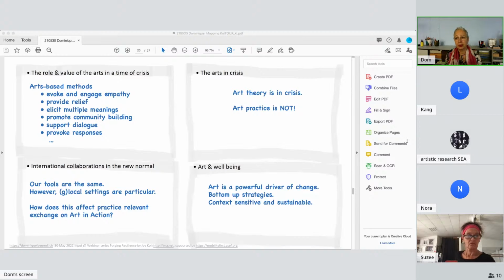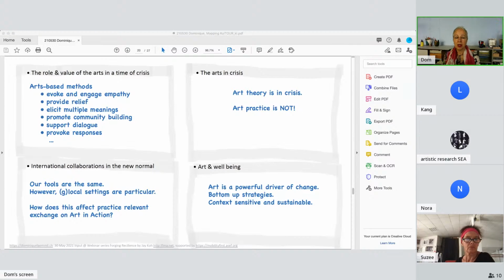They are used widely and more. Arts-based methods are known, among others, to trigger things, to be used to evoke and exchange empathy, to provide relief, elicit multiple meanings, to promote community building, support dialogue, provoke responses, among many other things.